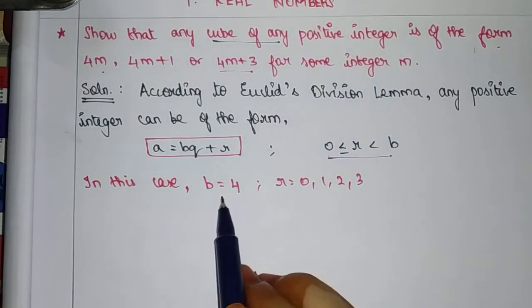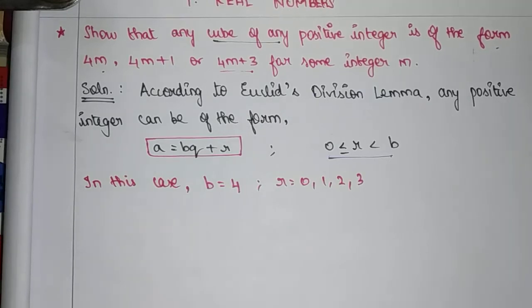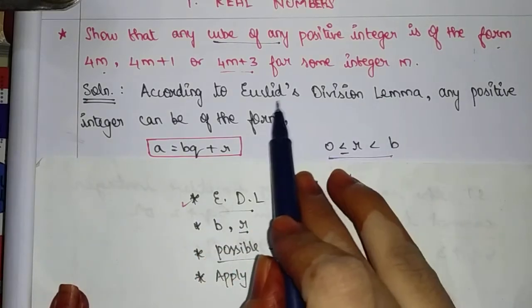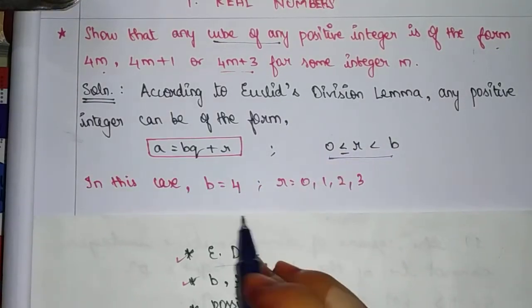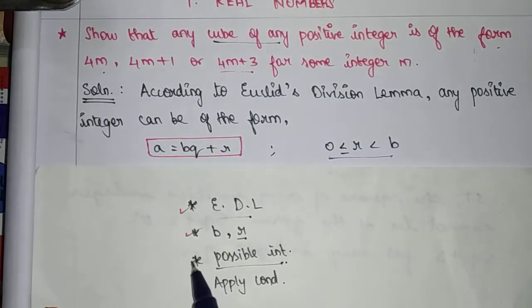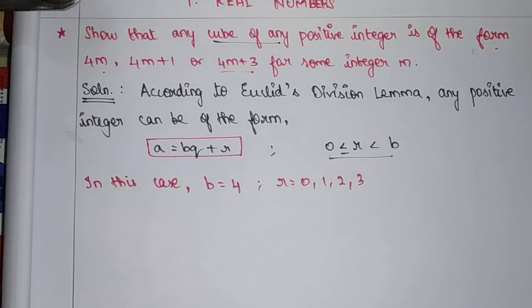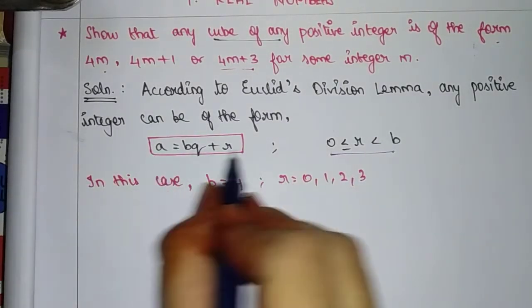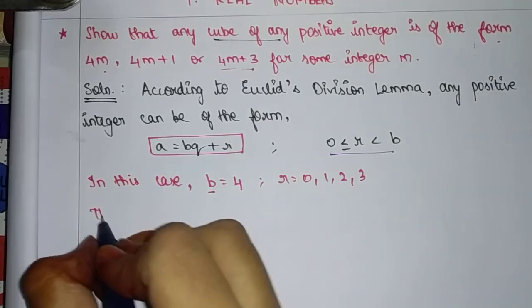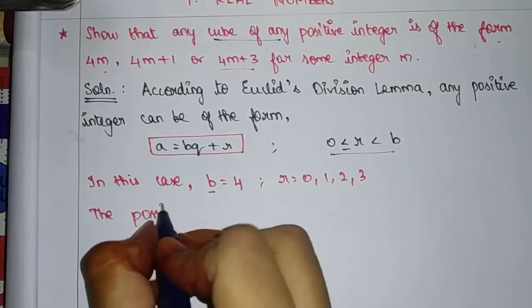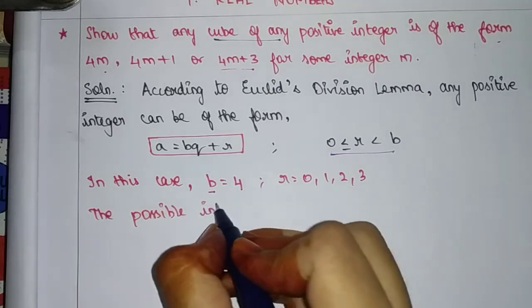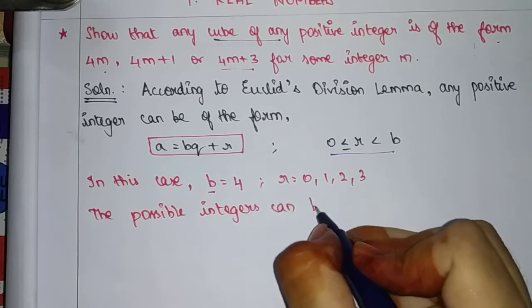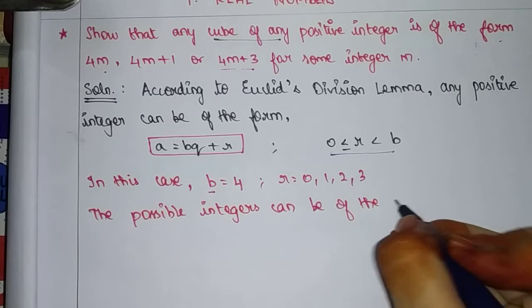Now we got the values of b and r. Here we wrote the Euclid's division lemma statement. After that, we found the value of b and r. The next thing is possible integer values. For that, we have to substitute this b and r in this relation. So see here, the possible integers can be of the form